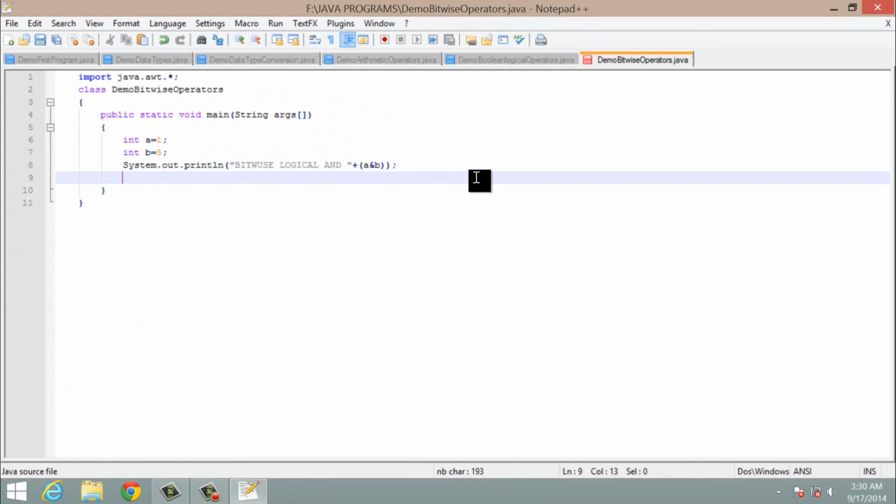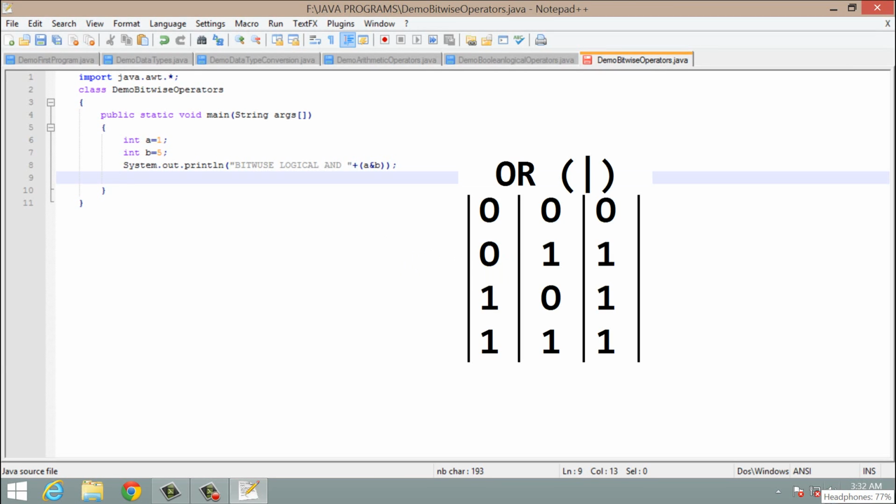The second bitwise logical operator is OR. The truth table of OR gate that will be used in bitwise logical OR operator is when both the values are 0 and we perform OR operation, then the result is 0. When first value is 0 and second value is 1 and we perform OR operation, then the result is 1. When the first value is 1 and the second value is 0, the result is 1. When the first value is 1 and the second value is 1, the result is 1.